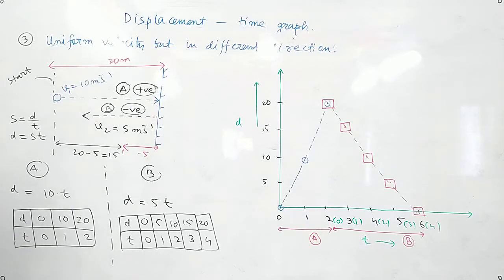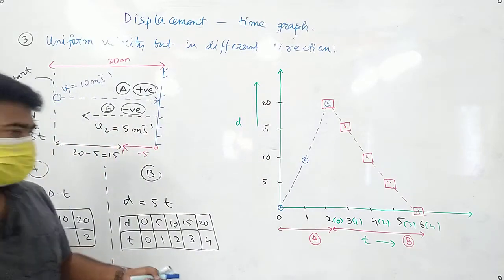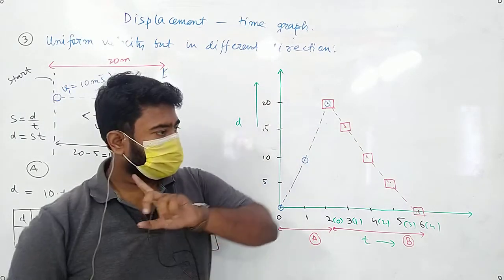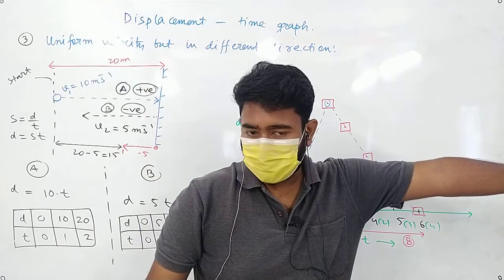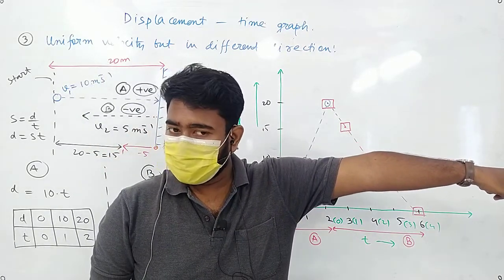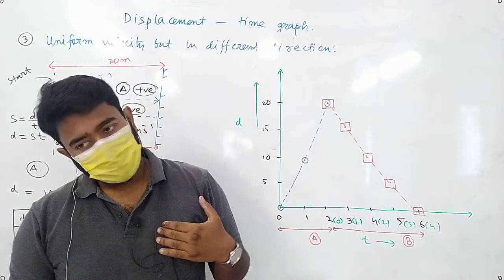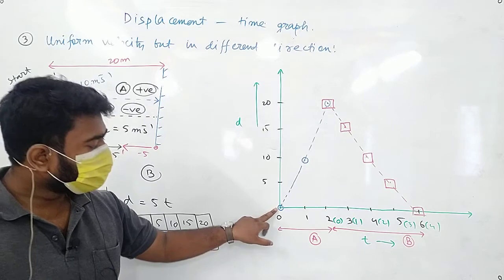Okay. Now have we got a graph like this? So what happened? We threw a ball. The ball struck the wall. It came back to me. While striking, it went at 10 meter per second, and then it came back to me at 5 meter per second. So we will start our journey